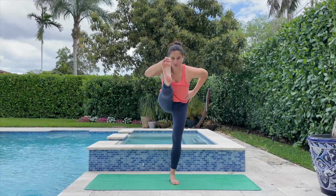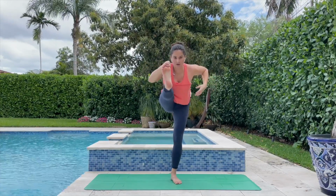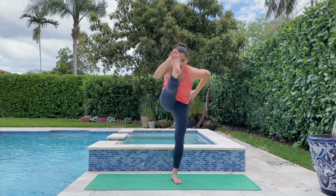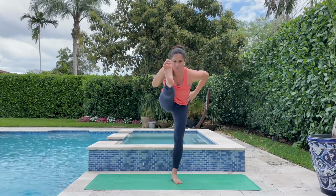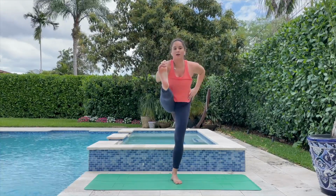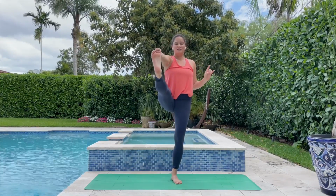Keep the shoulders spread, so you don't want that left shoulder to collapse. Keep spreading across the collarbones. Keep pressing down through that standing foot. One more breath. Inhale, lift the chest. Exhale, now we're going to bring it out to the side and we're going to come